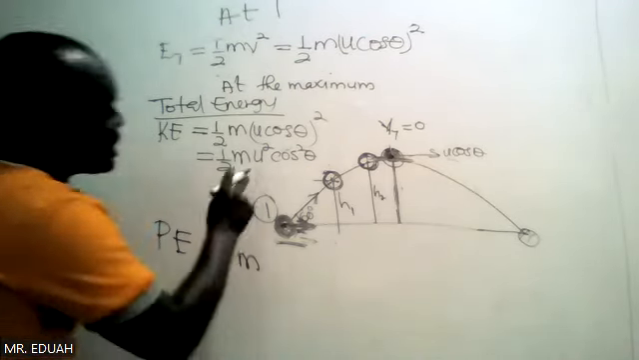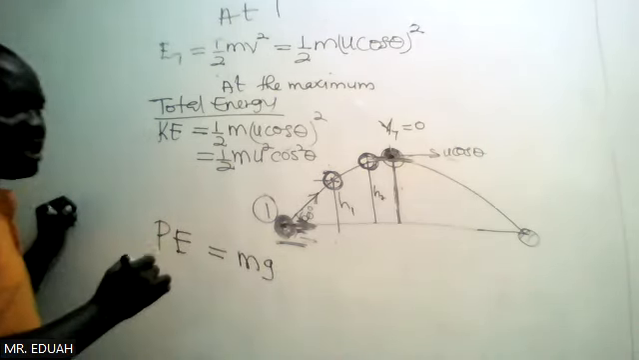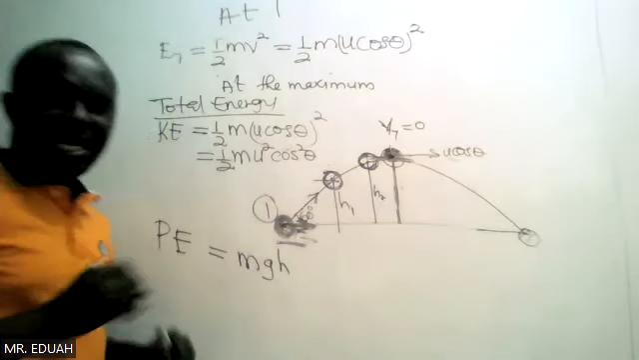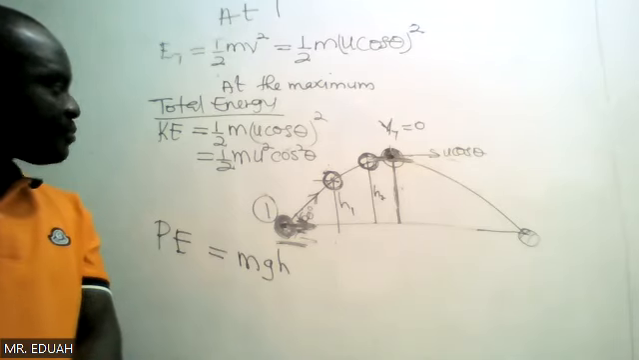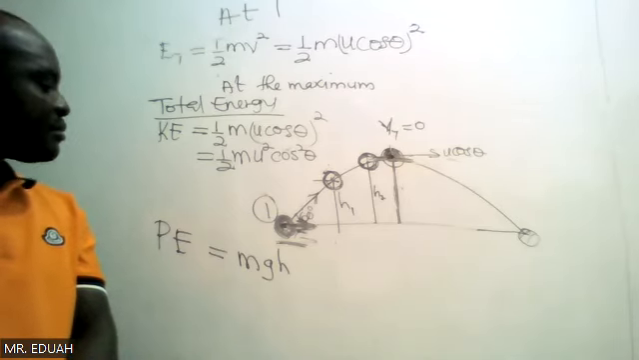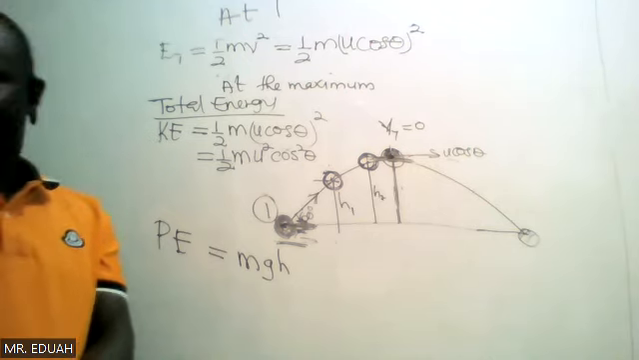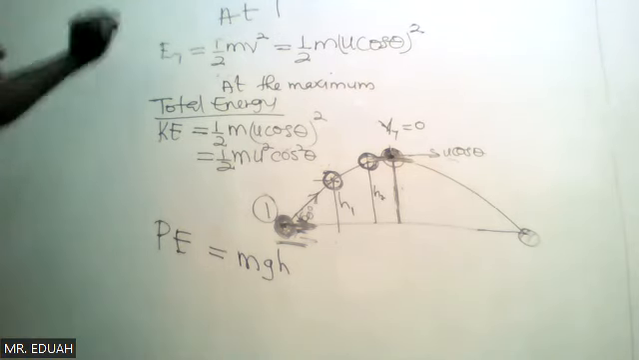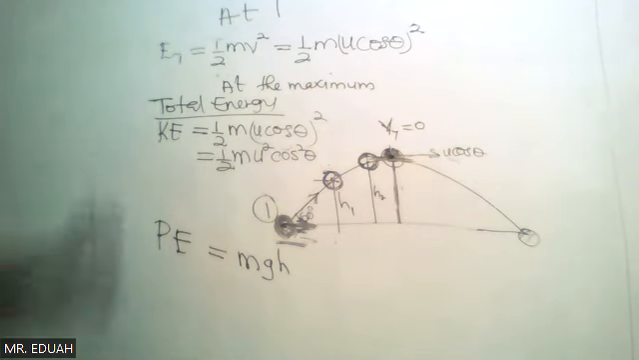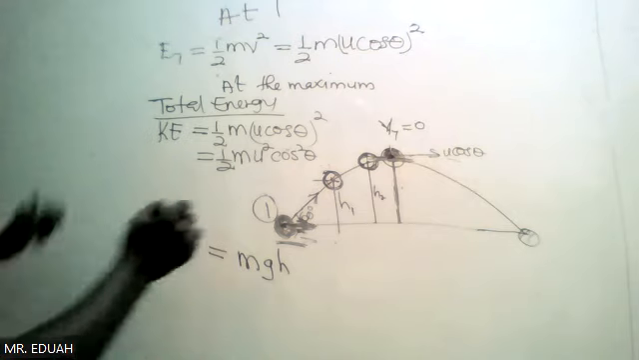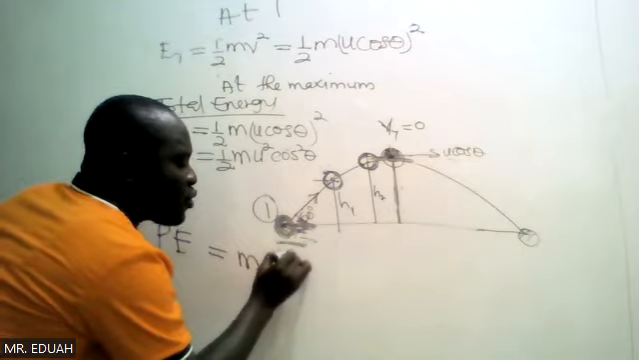Okay. So the potential energy would be mgH. But what is the H? How do we get the H? I think H is the maximum height. Good. So here, the maximum height H must be equal to